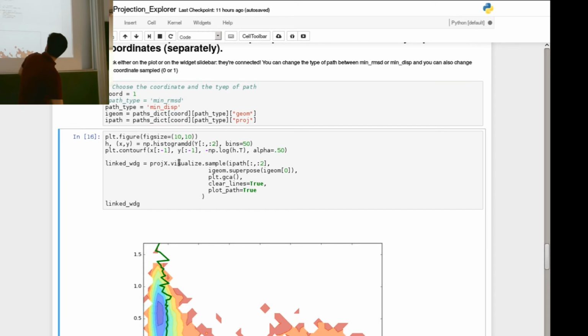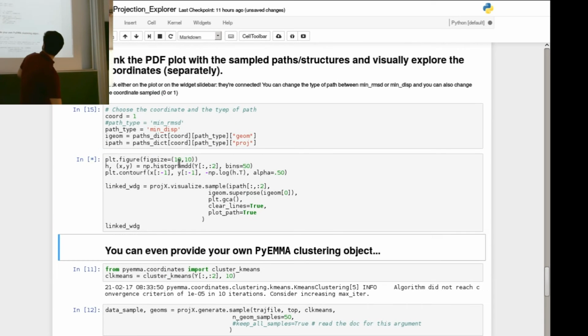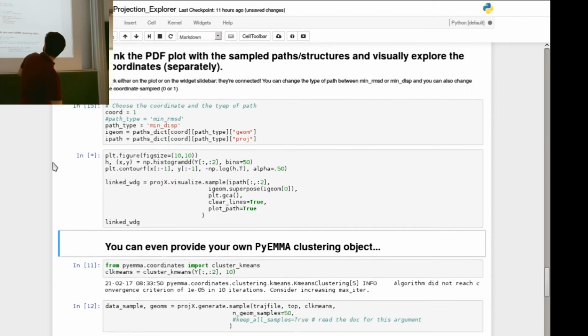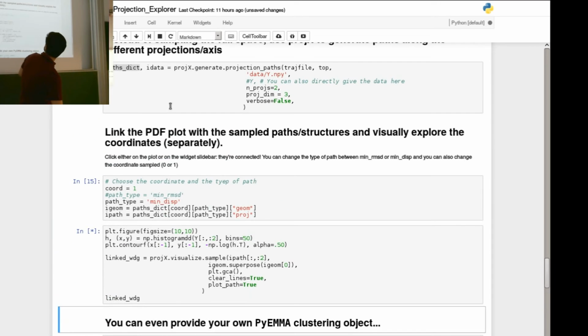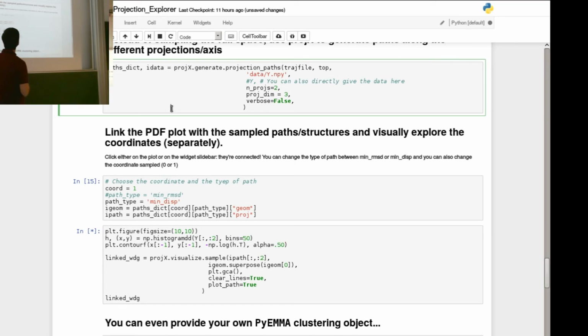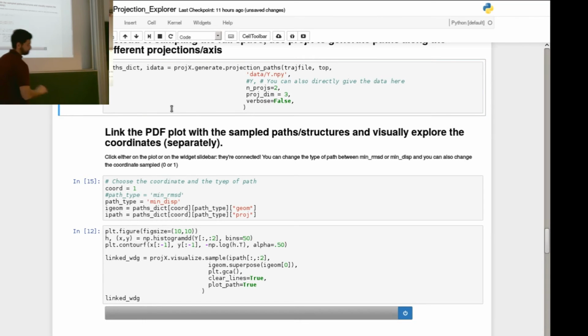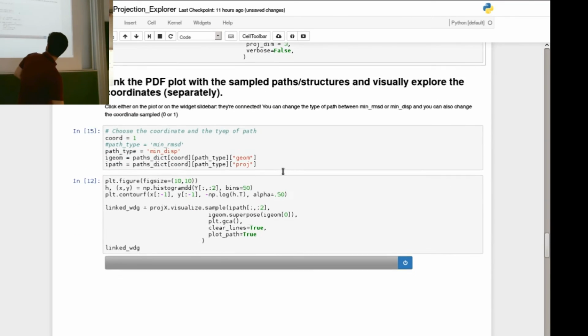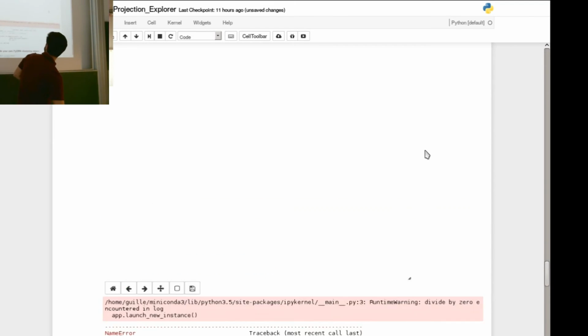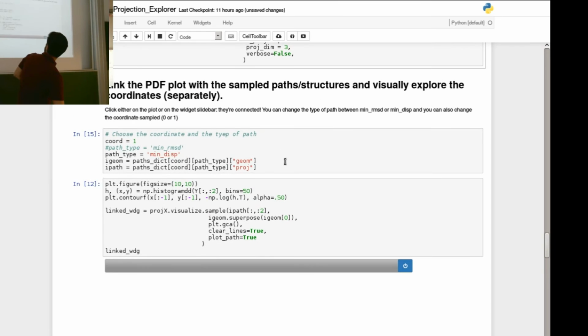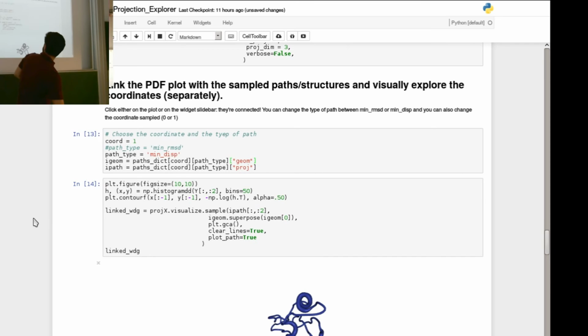And I have chosen to sample, okay? Where's the working? Oops. Aha. I path is not defined, because I didn't execute this. Okay, so